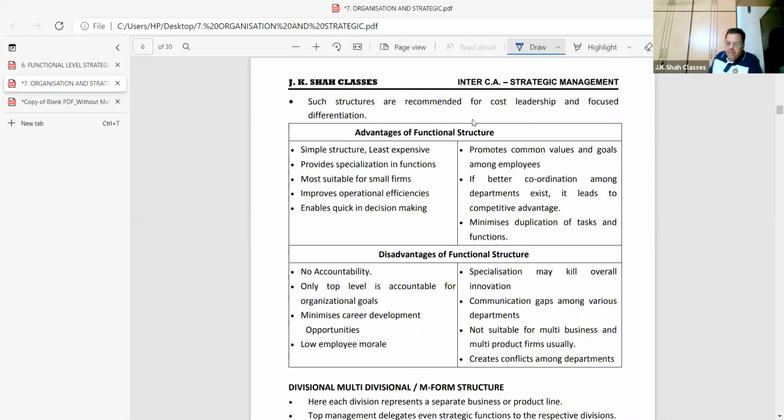Promotes common values and goal among employees. Meaning what, students? Meaning simple. One teacher, 7 o'clock lecture comes at 7 o'clock. I think all will come at 7 o'clock. If one teacher continuously comes late, in few days he will be ashamed of what he is doing. Now, you're not supposed to be taking children's time for granted.